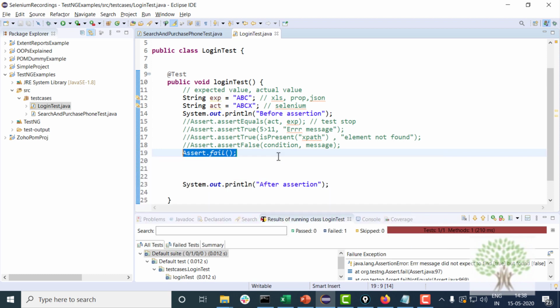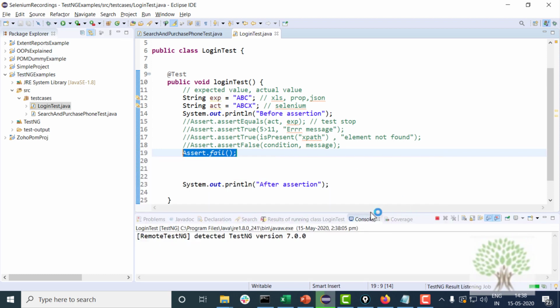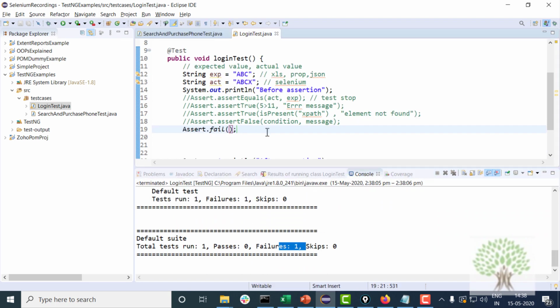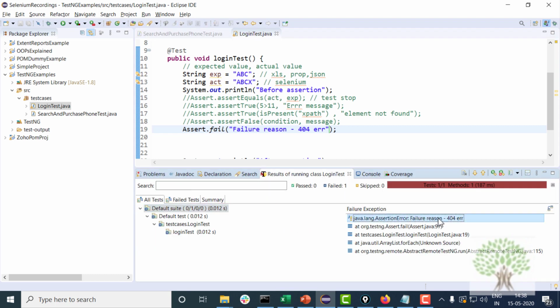So this will automatically fail the test case directly without any condition. You can give some failure reason over here, for example, 404 error.